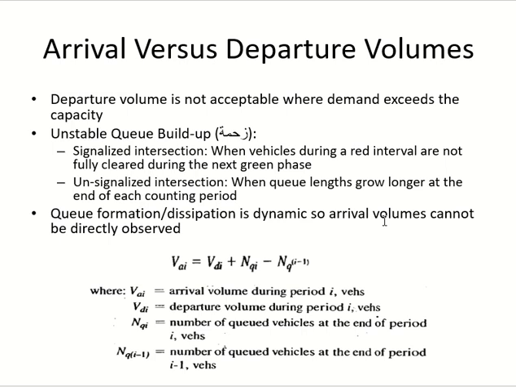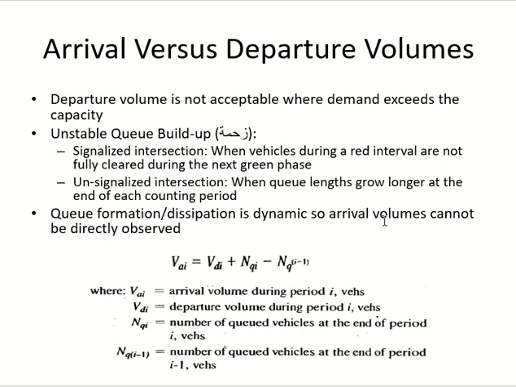First thing we need to decide is which situation will require arrival volume, and which one will require departure volume. For arrival volume, if you have a signalized intersection and you have an overflow condition, overflow meaning that the flow from the previous red is still there in the next red, so people don't leave in the immediate green time. When people are waiting for more than one red interval, this is an indication of overflow, and then you need arrival volume.